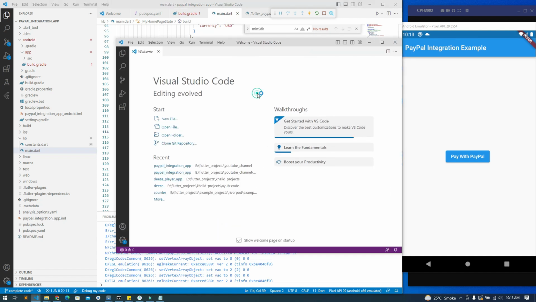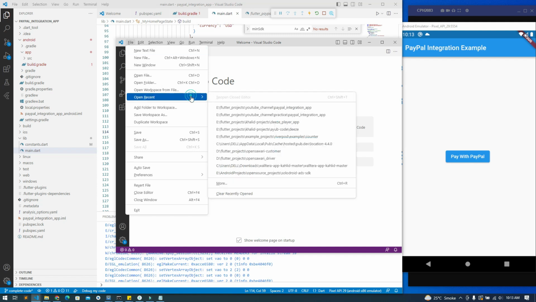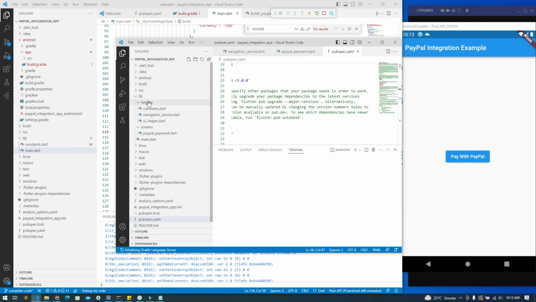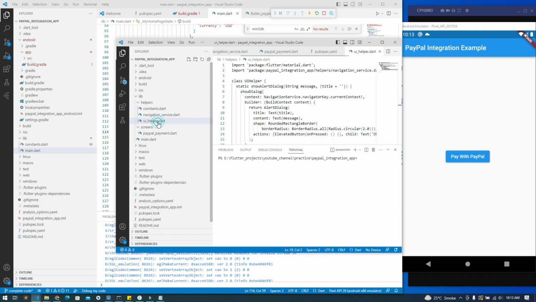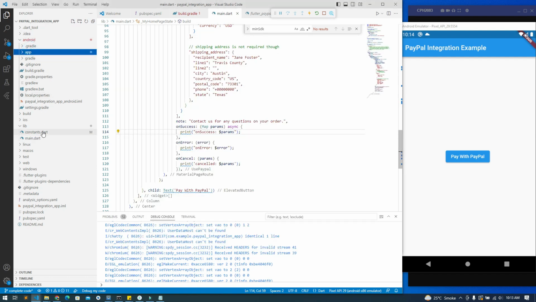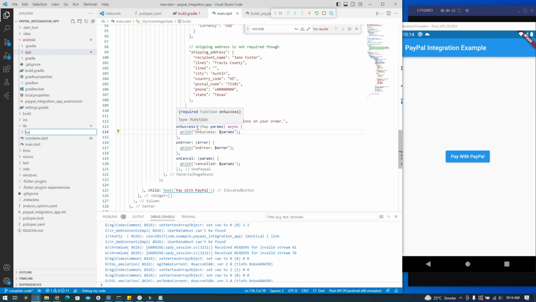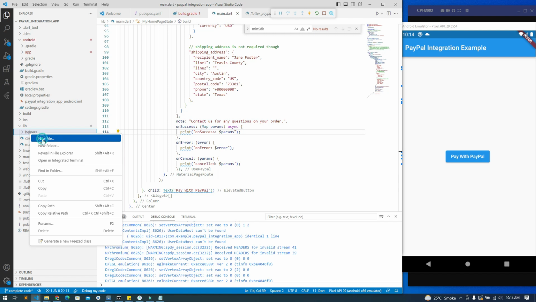For that I have already created a helper function, so I will copy and paste it here in the UI helper. I will create a new folder here named helpers, and then the UI helper.dart file,